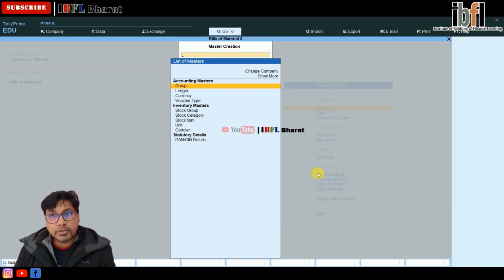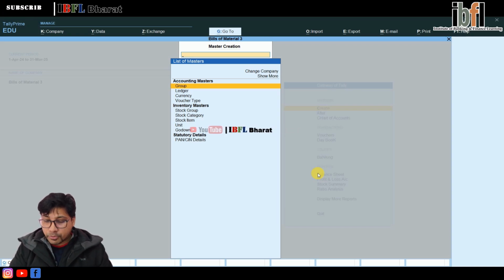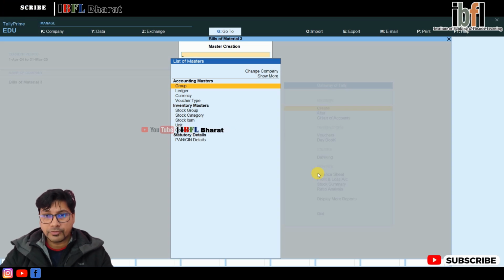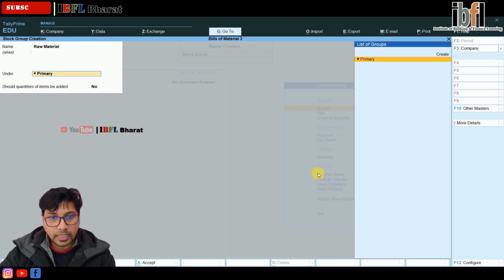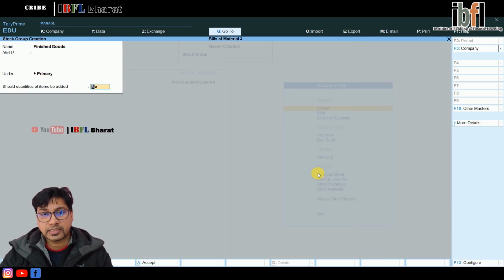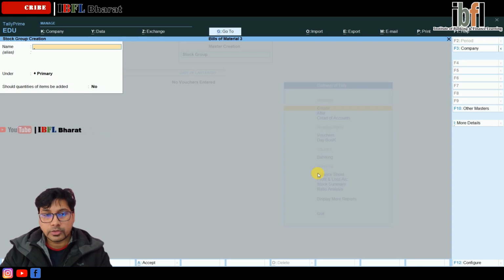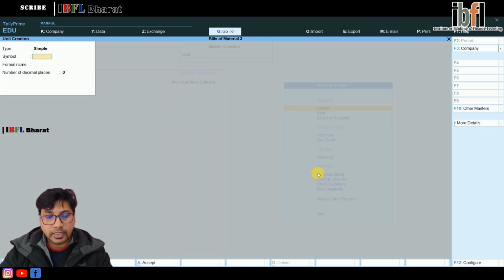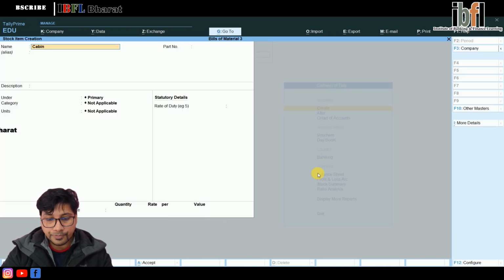What we have to do for setting the bills of material in stock item window, we are pressing F12 key and setting the component bills of material to yes, and bill of material name is Dell computer. Now the options we are to use is we are first of all making the stock group, that's raw material, and another group is finished goods. We will set the BOM option yes to in finished goods only, not in raw material window. Now escape key, and we are creating unit pieces. And last option we are doing is stock item, and we are creating the given stock items.